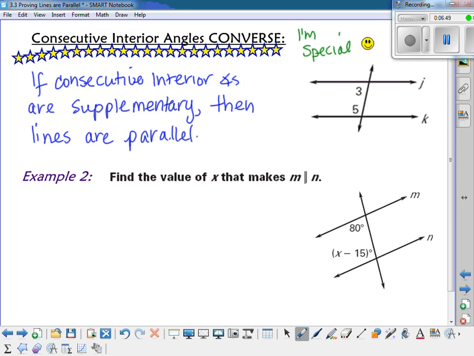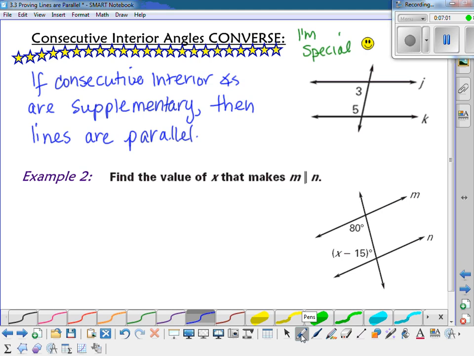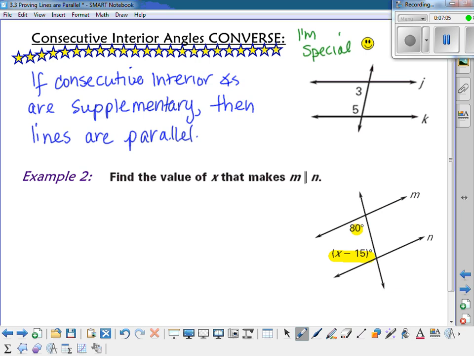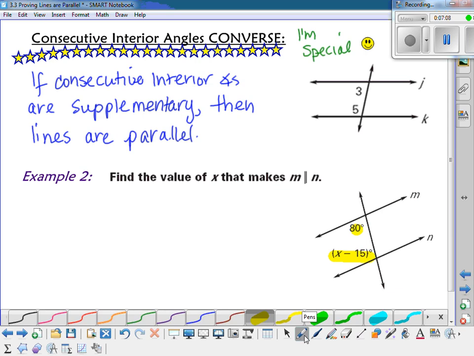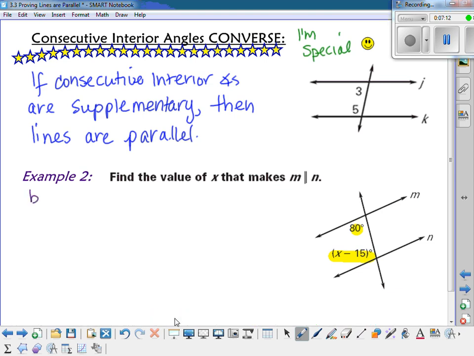Okay, so for example 2, we're going to find the value of x that would make line M parallel to line N. So this time we're using the consecutive interior angle converse because these two angles that they gave us are consecutive interior. So by the consecutive interior angle converse,